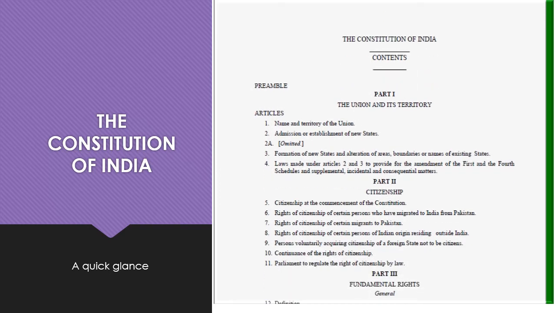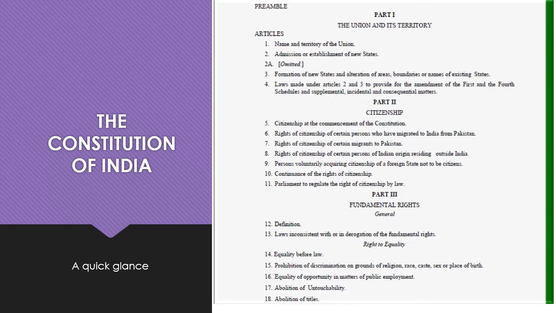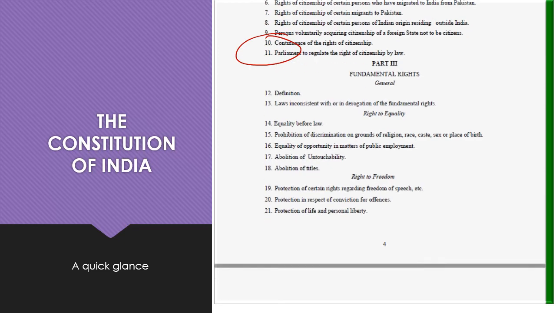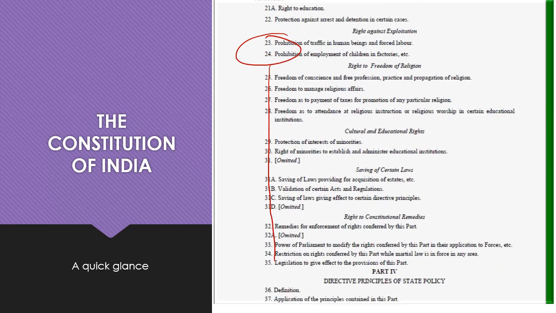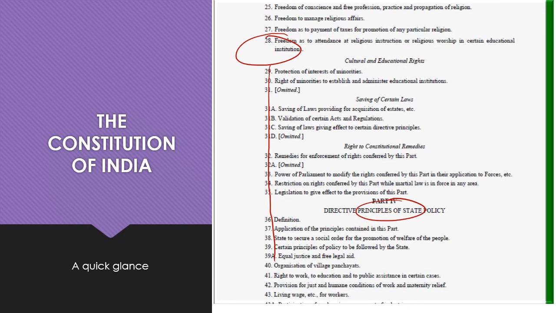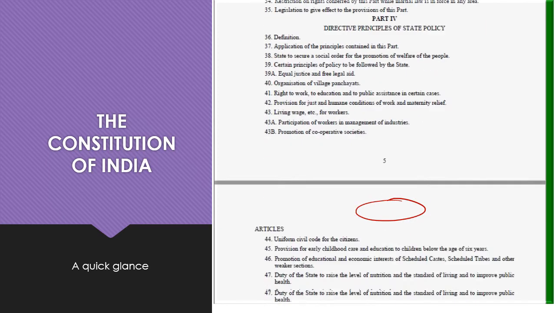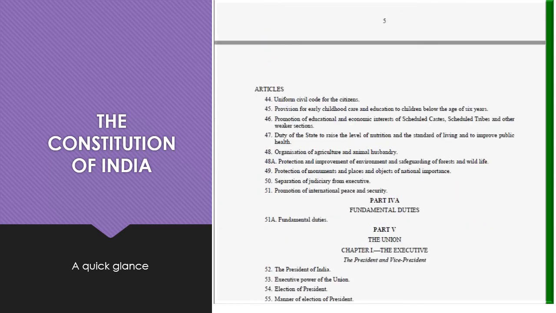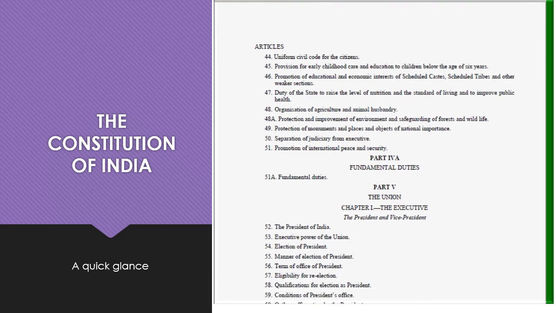As you can see, we are into the contents. You can see in the very beginning that there is a preamble. Here you can see the preamble. That is not in any part, and then you see part 1. And then you can also see that there are articles, right? All of these things that you see here are the articles. Then we also saw that we've been going from part 1, part 2, part 3, this is part 4. So we've been seeing the various parts and the articles as well. You can see, for example, that part 4 is directive principles of state policy. Part 4A is fundamental duties.